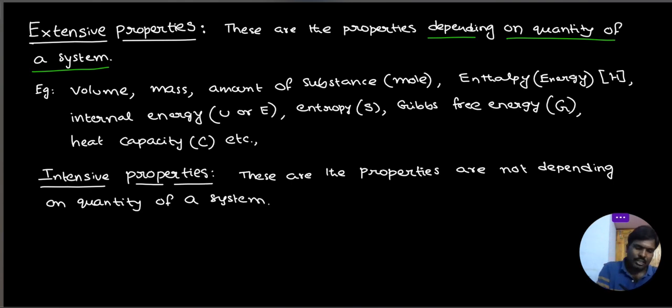So these are the intensive properties. Intensive properties means not depending on quantity of a system. So depending means extensive, not depending means intensive. So examples: